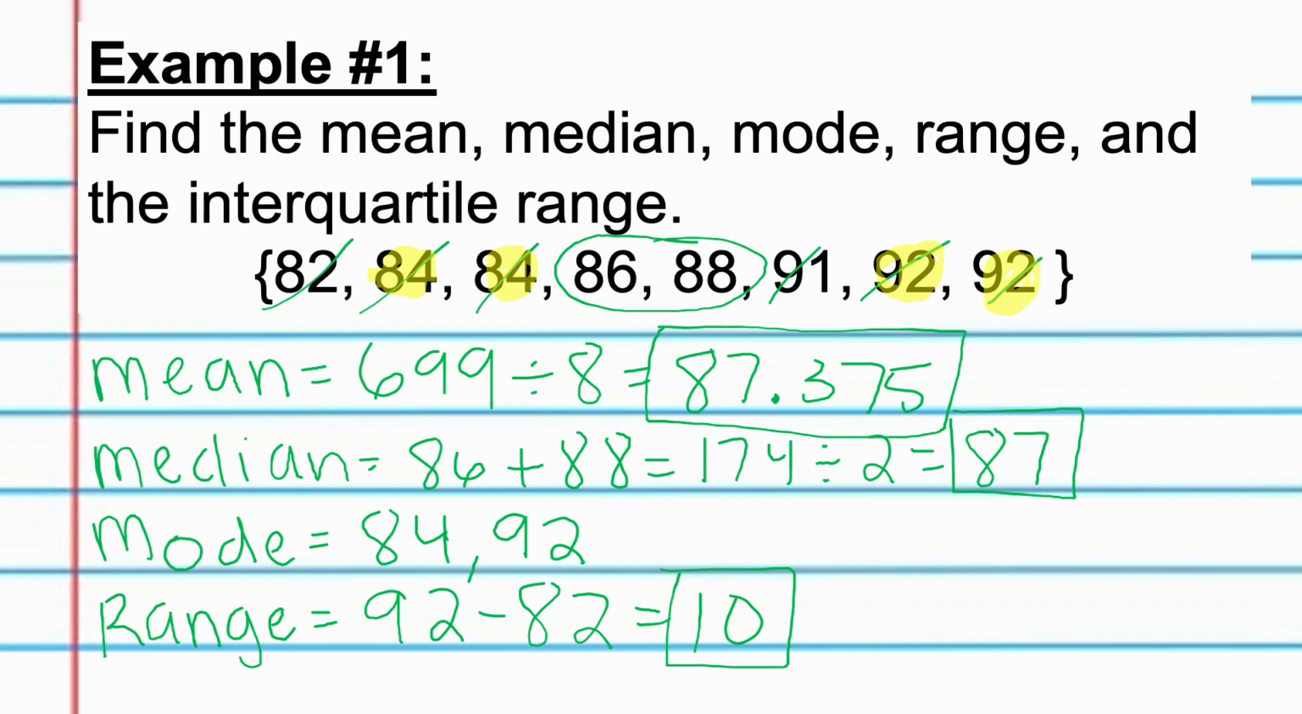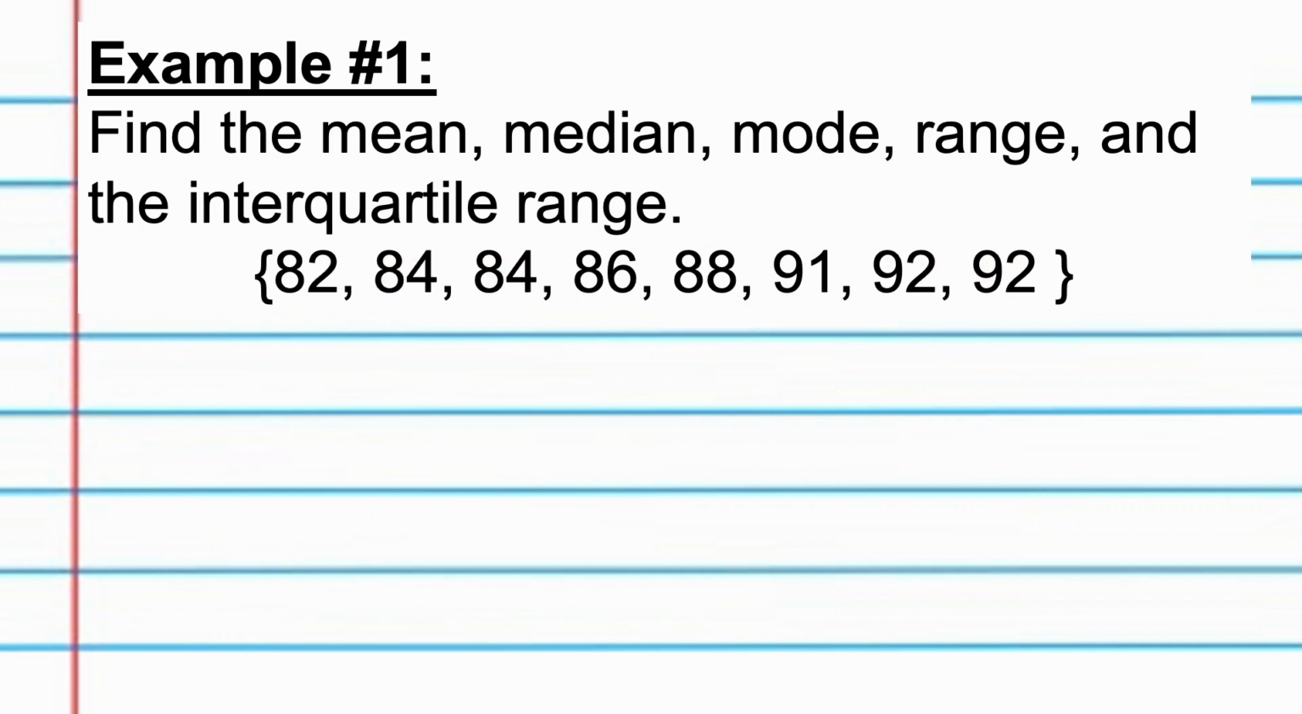So this is all review from yesterday. Now we're going to add that new piece, which is the interquartile range. The interquartile range literally means the inner quarters. So we're breaking down our set of data into 4 parts. So what we do is we take